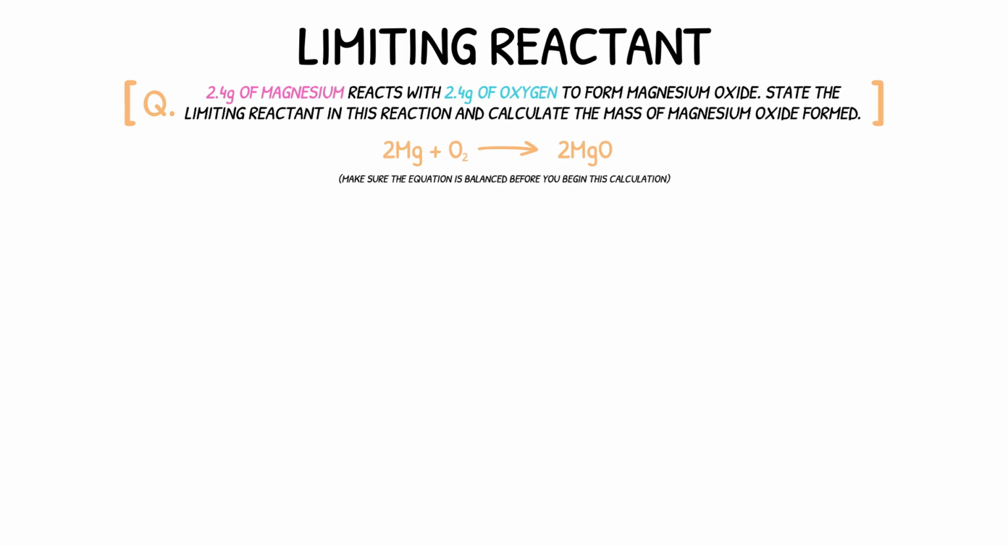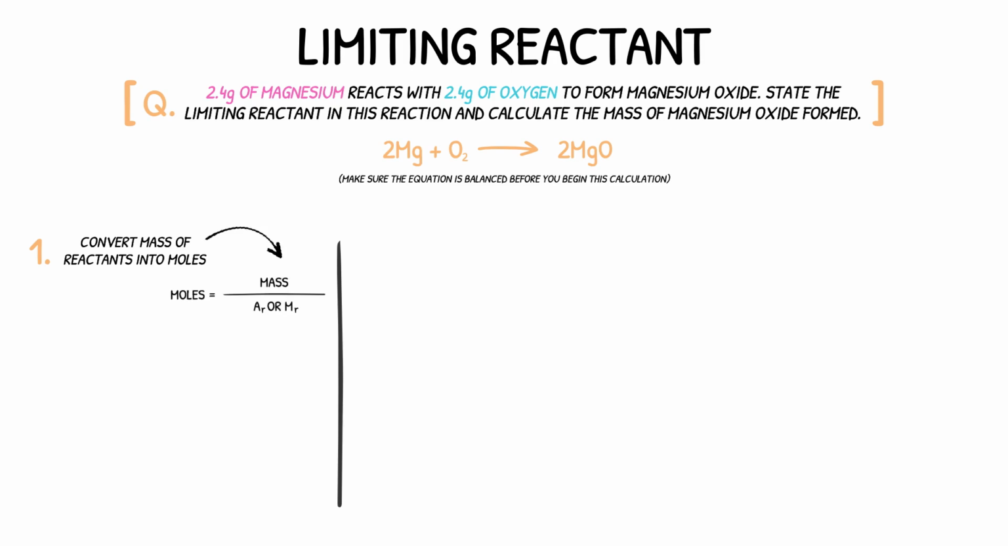There are an equal number of atoms of each element in the reactants and products of this reaction, meaning we can now continue to the first step of our calculation. The first step requires for us to convert the mass of each reactant into moles. We can achieve this by using the equation moles is equal to mass divided by relative atomic mass or relative